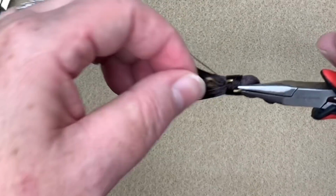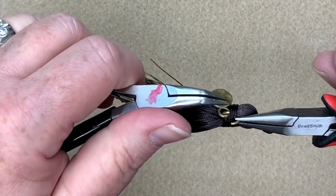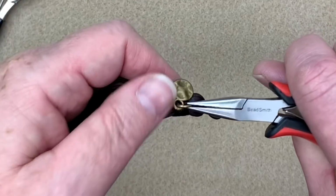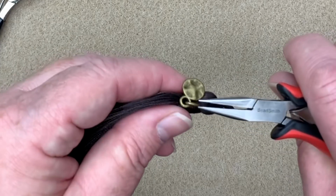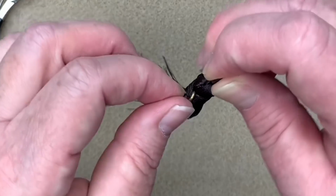And now I'm going to take my little charm and I'm going to add it. And I'm going to close that jump ring up nice and tight. So just kind of wiggle it until it locks in there. Now I'm going to take it and pivot it around so that the cut part is hidden in the wrap on the tassel,